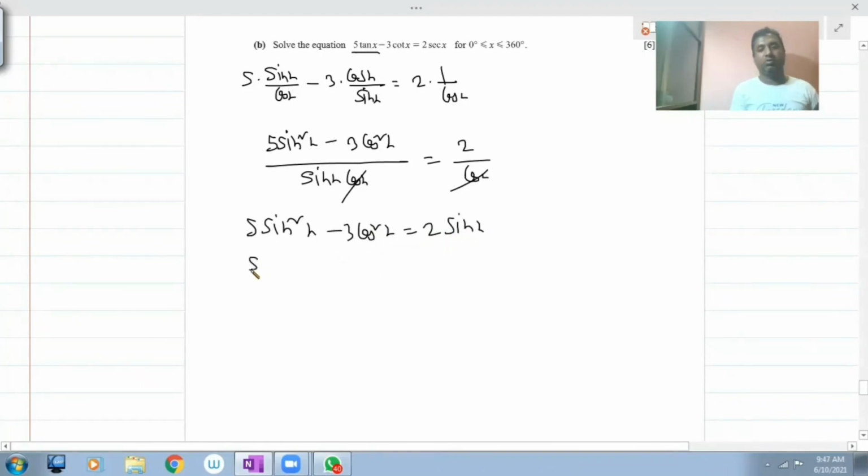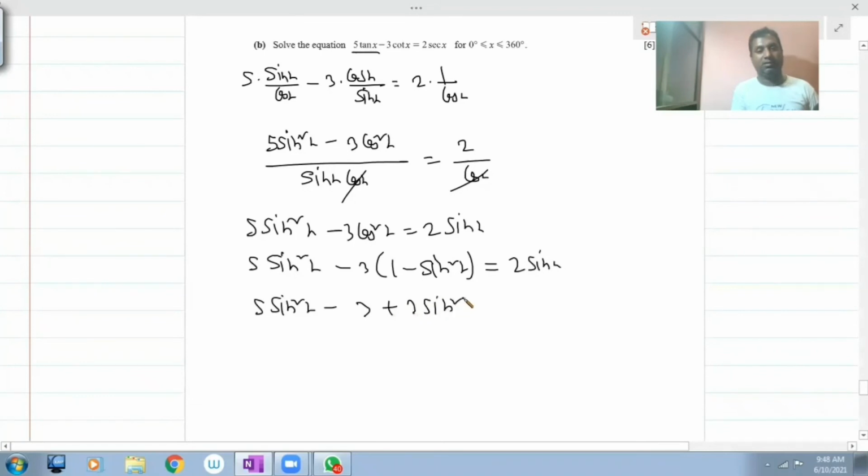Now let me change this one to sin, because most of the terms are in terms of sin. There is 1 minus sin square x for cos square x. So 5 sin square x minus 3 plus 3 sin square x equals 2 sin x. Let us simplify this one. 5 plus 3 is 8 sin square x minus 2 sin x minus 3 equals 0, and it is necessary to